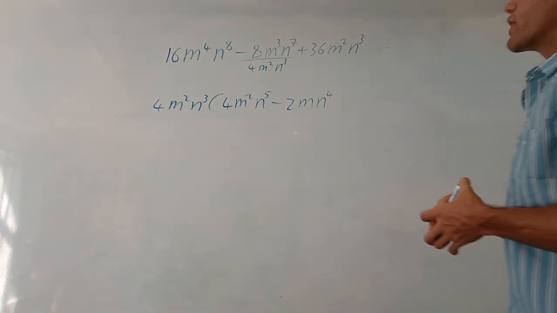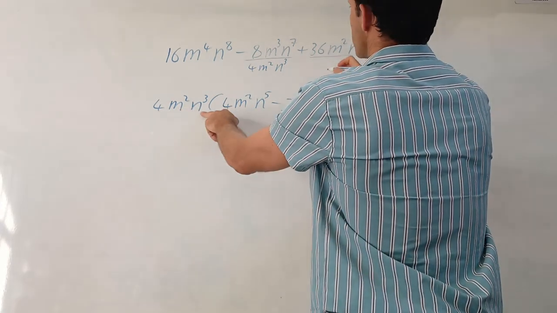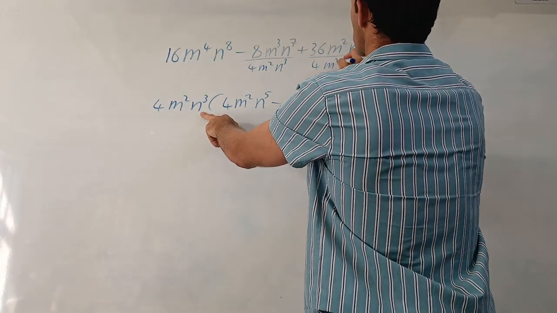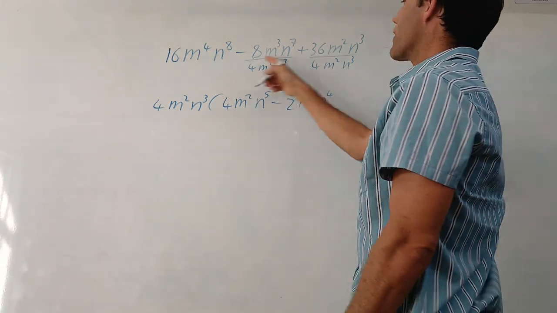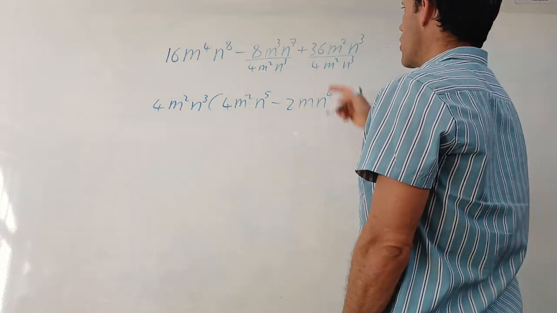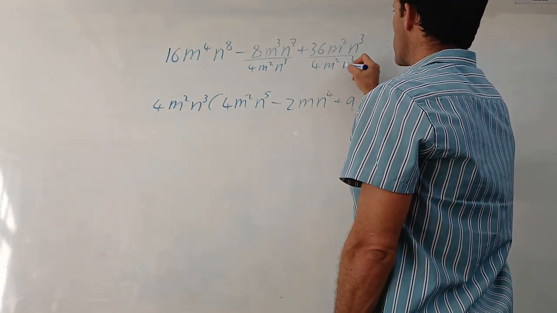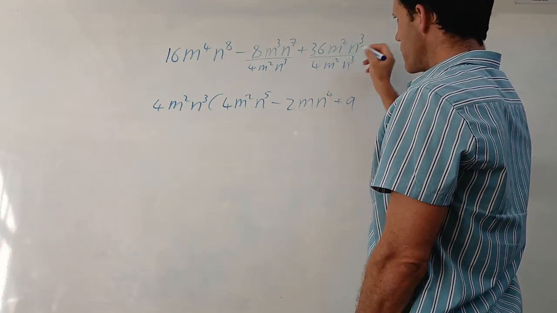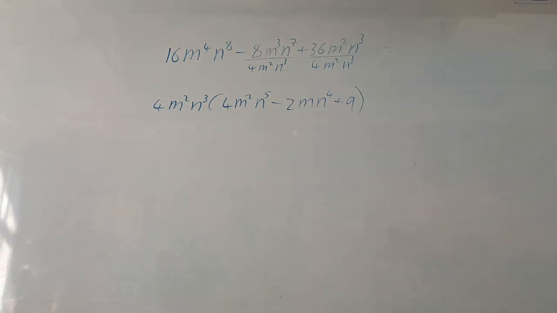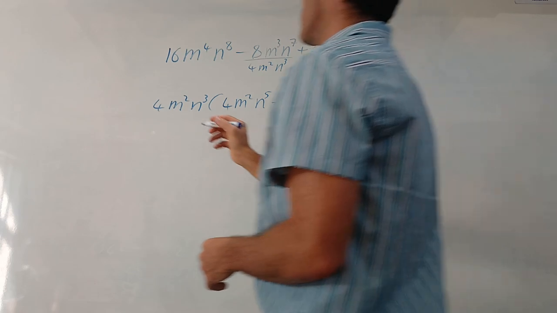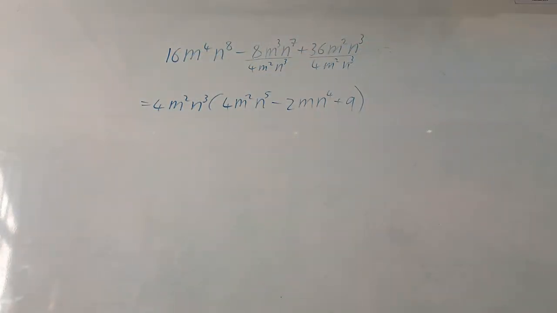Okay? So you can decide. Either divide by the factor that's in the front, 4m^2n^3, or ask yourself, what must I multiply with to get back to that? So obviously 36 divided by 4 is 9, and these ones cancel out. Okay, but that's why I said do it in pencil. And then that's it. You factorize it. Okay, so this is going to be the answer.